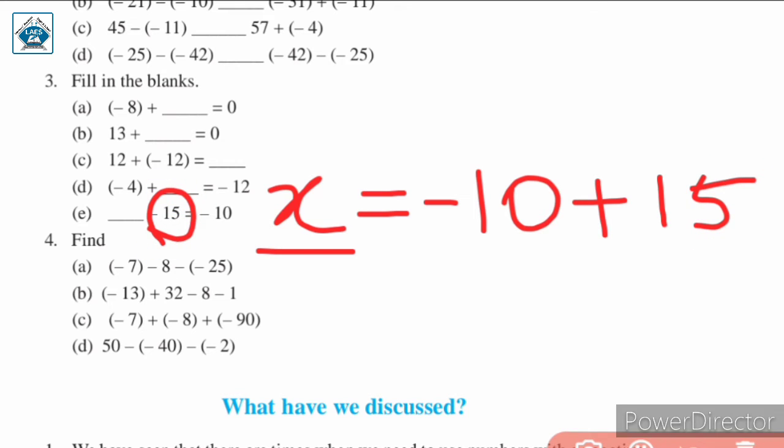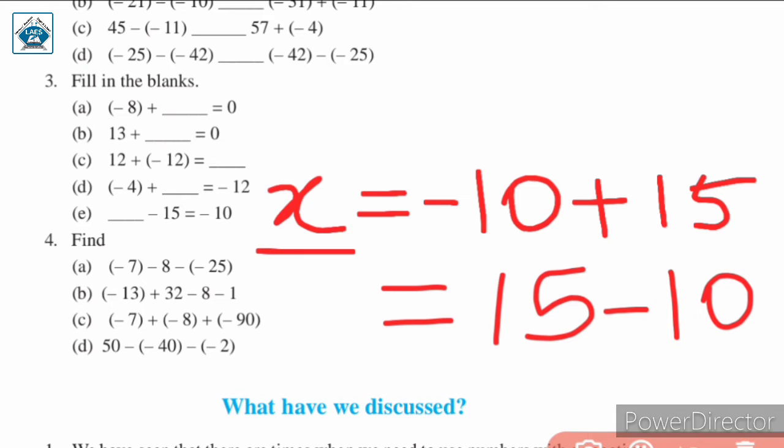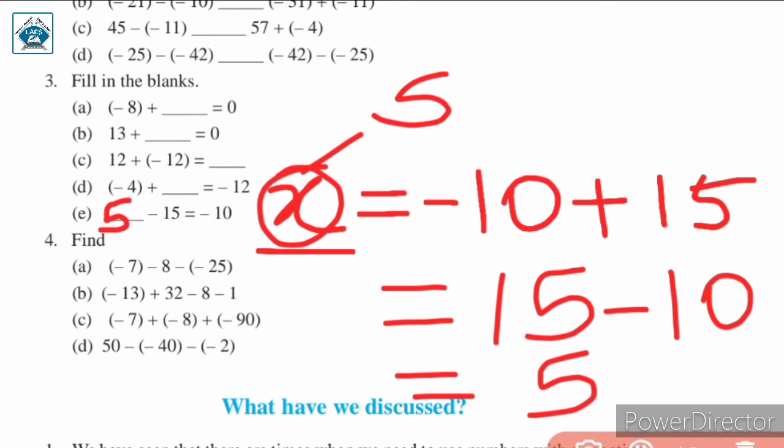When minus 15 is in the left hand side of the equation, when we take it to the right hand side of the equation, that is the other side of the equation, then the sign becomes opposite. So here we have plus 15. So here minus 10 plus 15 we will have 5. Right? यहाँ पे हम लोग क्या करेंगे, इसको is equal to 15 minus 10, which is equal to 5. So here the value of x is equal to 5. So 5 minus 15 is equal to minus 10. In the blank space, in the place of x, we will write 5.